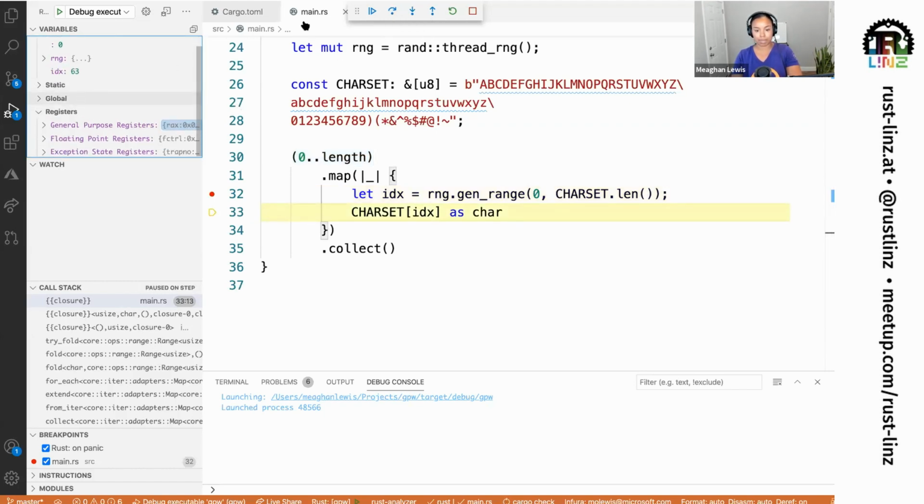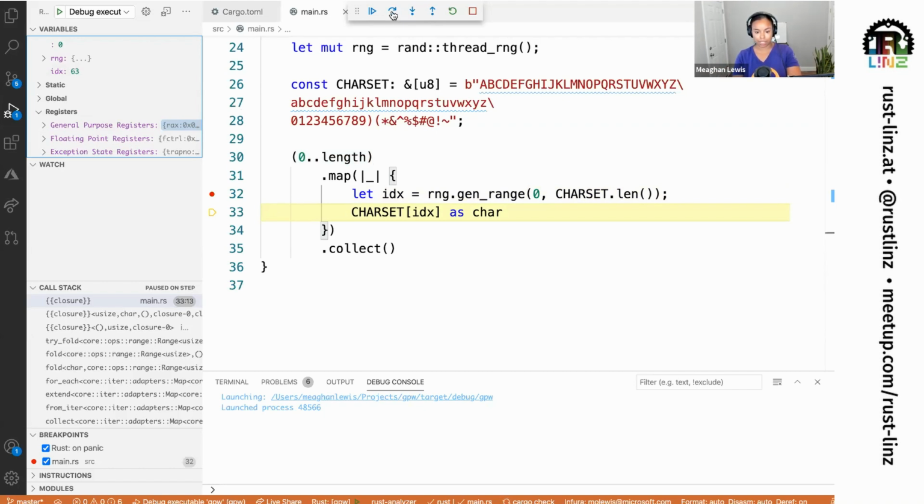On the next line, if I step over, I see that our index is 63. This index is going to be returning an ASCII value.